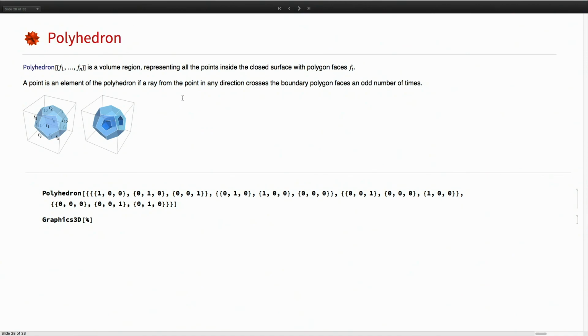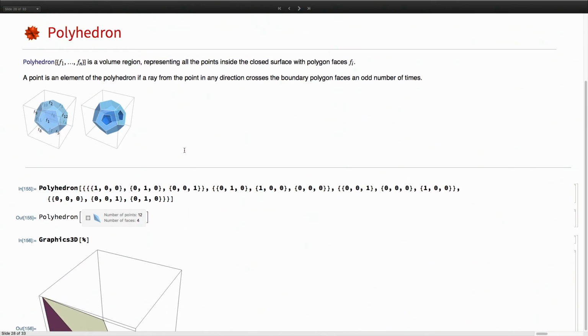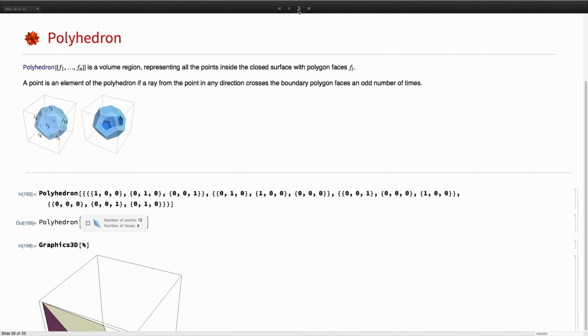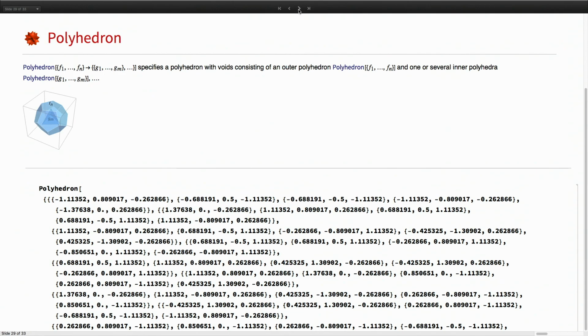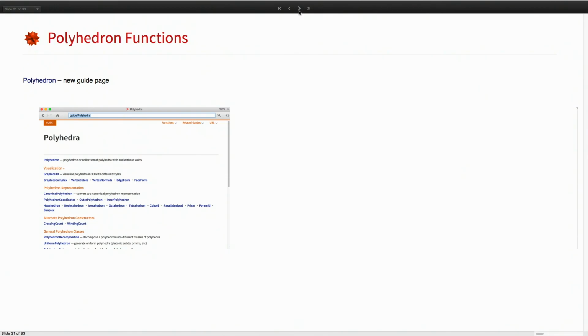It roughly has the same syntax as polygon, but now you have a list of coordinates. So this is a list of polygons. So this is an example. It also supports void, you can have tunnels, and all the fancy things. So if you just have the whole idea of polygon in mind, polyhedron is roughly the same generalization. And you can also specify it with holes with the same rule and such. So what we try to do is to maintain that same form and that same structure, so that it's natural for you to manipulate it. So I'll just bypass all that, and